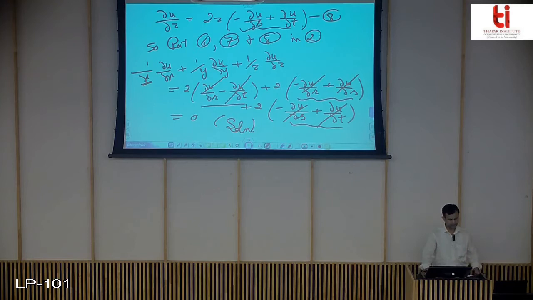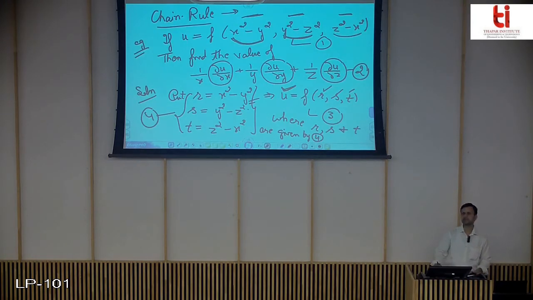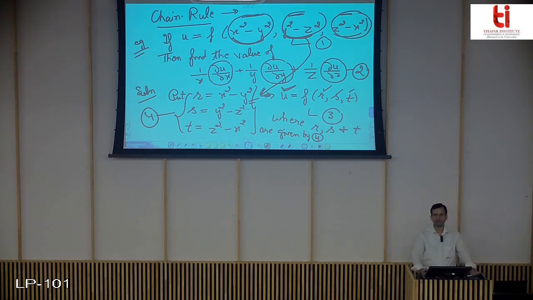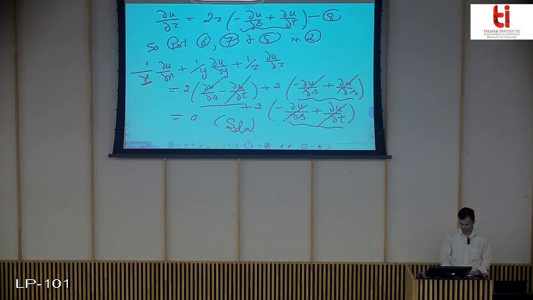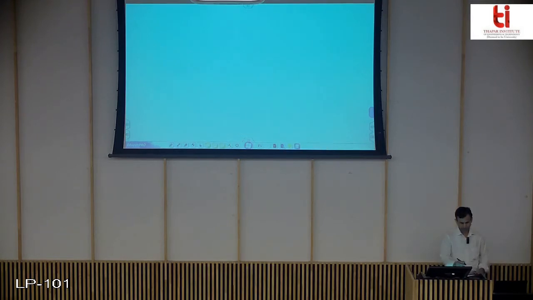Here you can see the question has been solved using the chain rule. The answer is coming out to be 0. But the main thing for such type of question is that whenever you get a function in these forms, always use substitution to convert those functions into variables so that the chain rule can be applied easily. So this is about your question number 1. Now I am coming to example 2, a very important example.